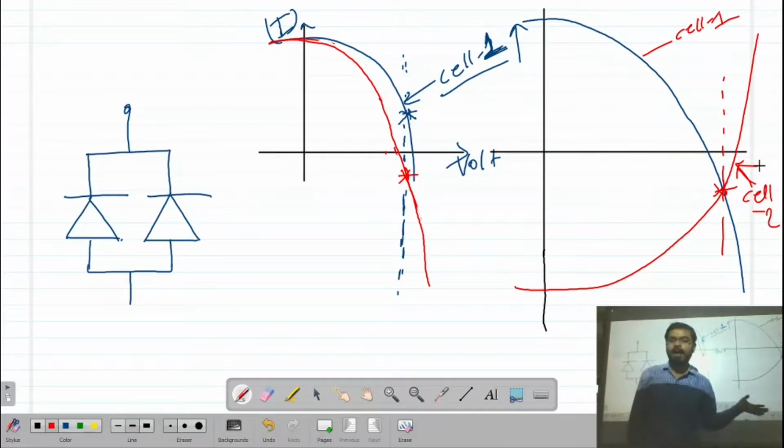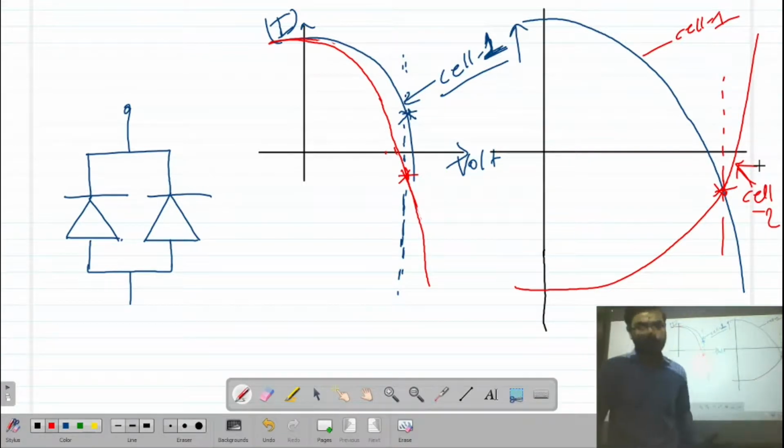This is what we have just taken for consideration to study what is going to happen in parallel connection. But in general, in practice, there are fewer issues and problems associated with the parallel connection of solar cells, and they are hardly found anywhere. In general, all problems are related to the series connected solar cells.